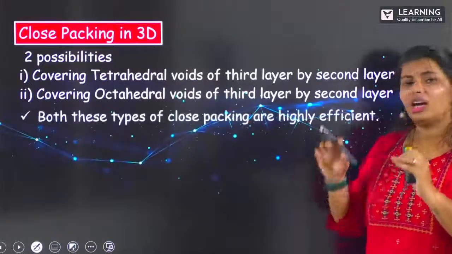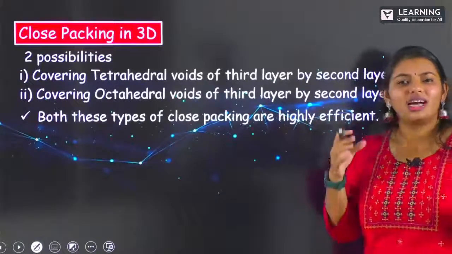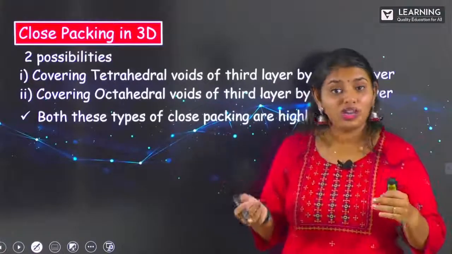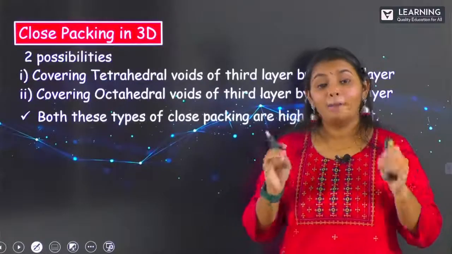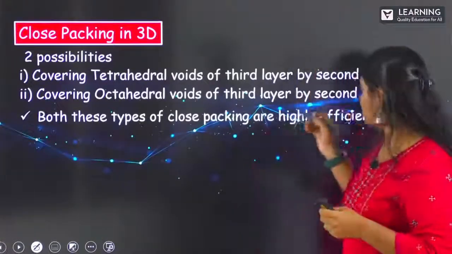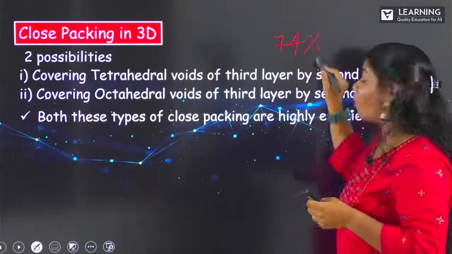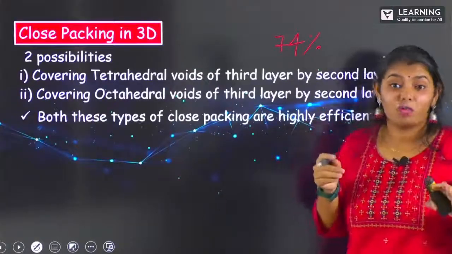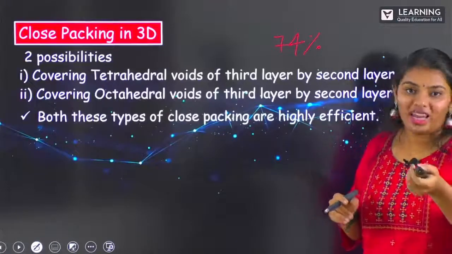Now, there are a few things that you have to remember. Which among this kind of arrangement would be the most efficient? Both these kinds of arrangements are very efficient, hexagonal as well as cubic close packed structure. But it covers around 74%. Okay, so how much percentage does it actually cover? 74% of the space is being covered. The small vacant spaces, about 74% is covered. That is the reason both these structures are very efficient.